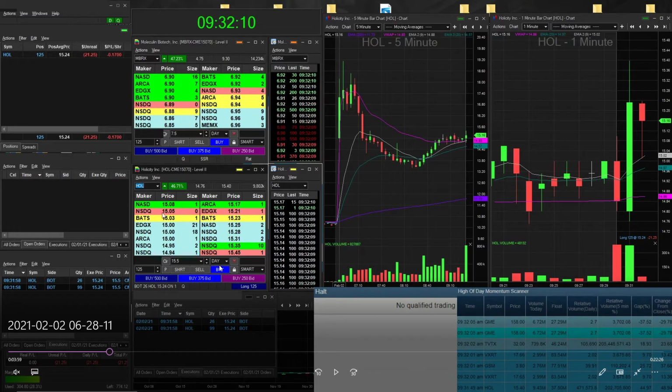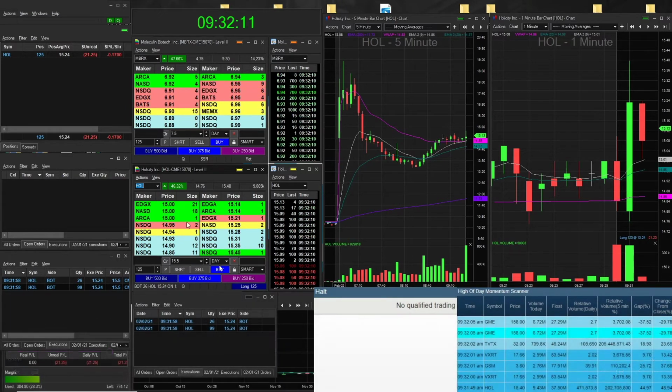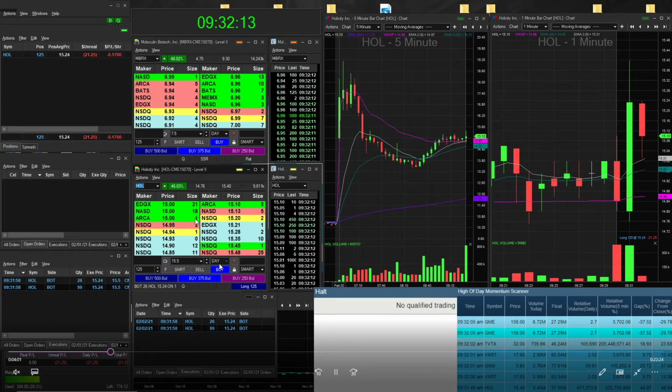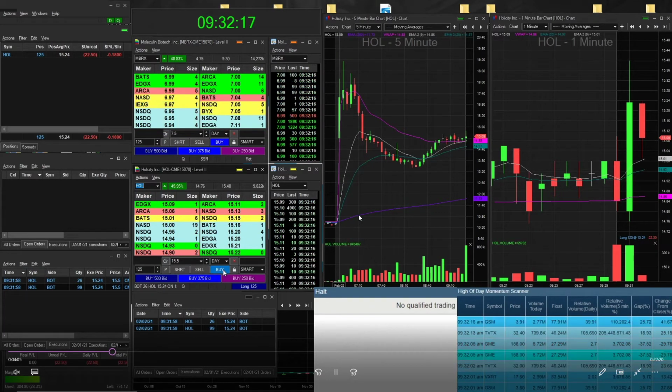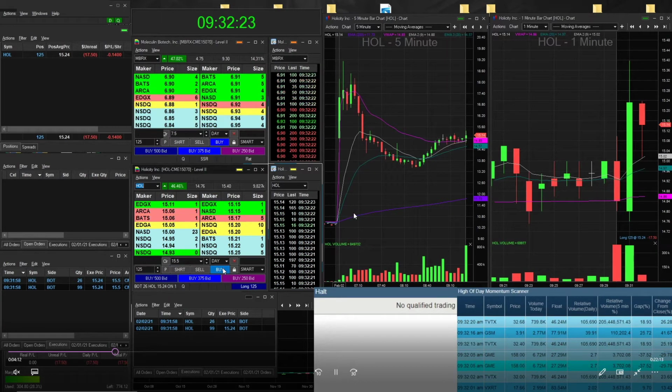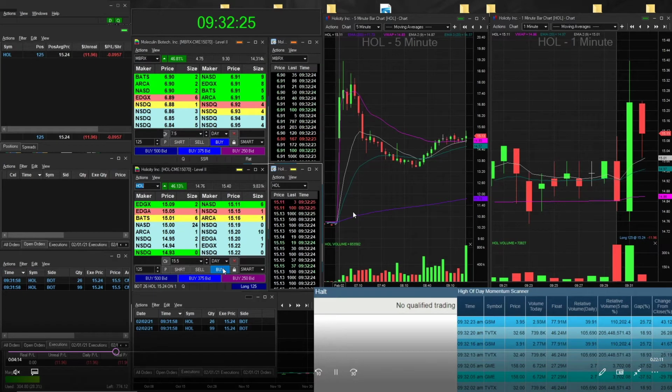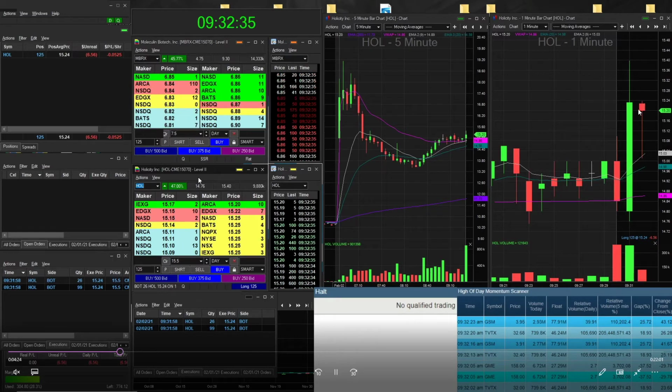And I'm watching the bid very closely, seeing that the 21 and the 18 are not breaking down. So it's holding up, and that's why I'm holding here. If the 15 looked like it was about to break, I'd be selling for like a $20 loss, $25 loss. So I'm in here, and I'm waiting, and honestly, I should have gotten in on the next candle